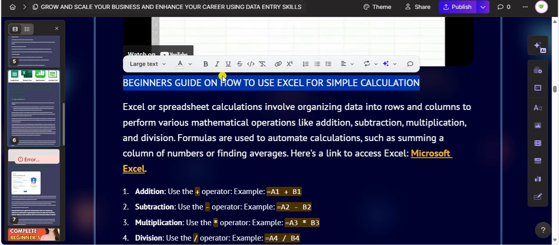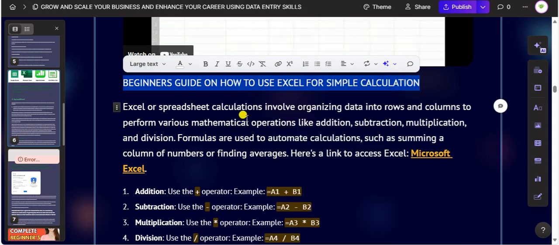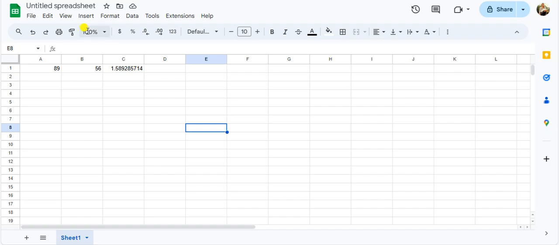What's going on? So, the network can be shitty sometimes. So let's call it